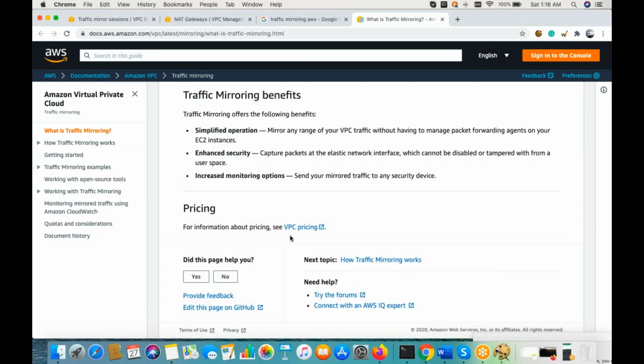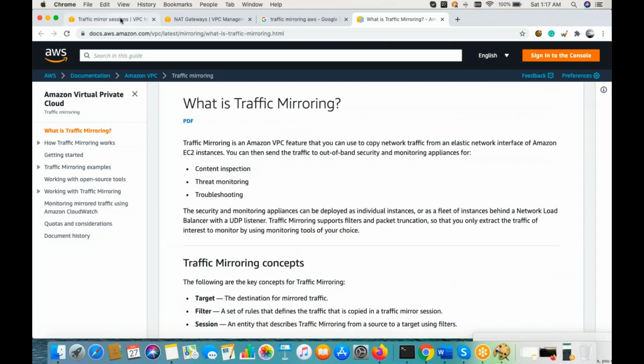So this is really a very nice option, and it's again part of managed services. You don't have to do anything, and it's just going to capture all your traffic. Elastic means it's a static network interface. So that will be given to you from the user space, from your console side.